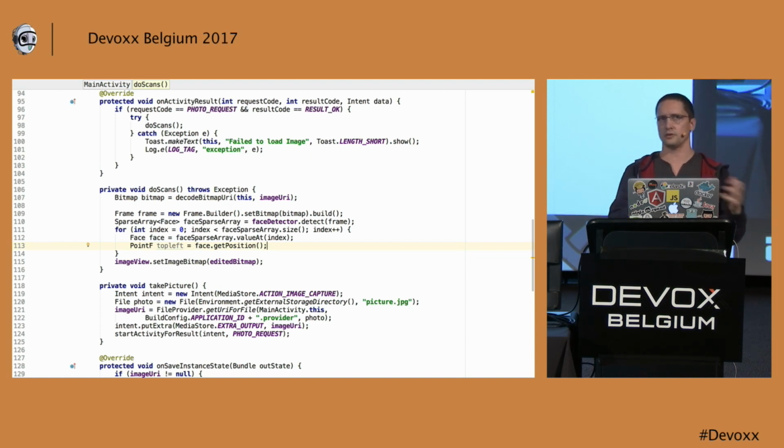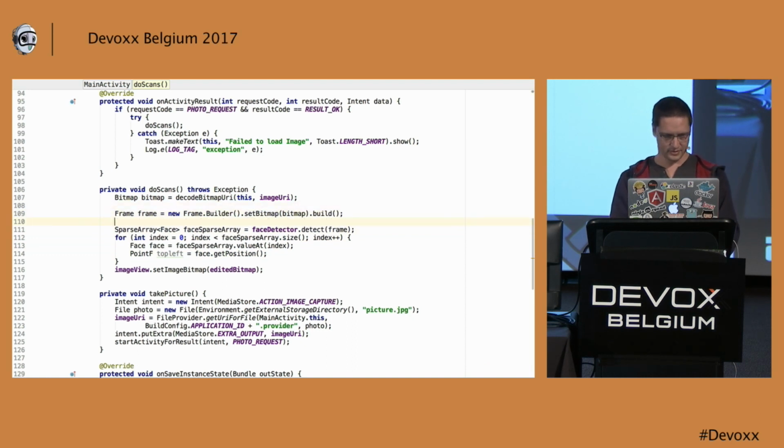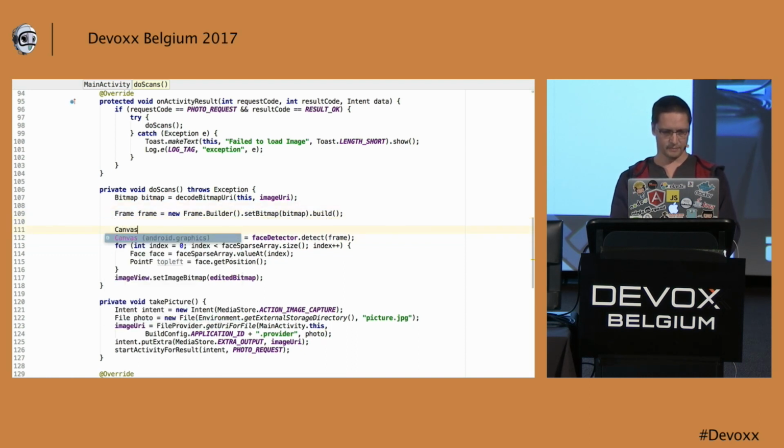But to draw, I will need a canvas. So just go up, create a canvas, which will be the size. I will do it not on the bitmap because I will reuse the bitmap for the optical character recognition.